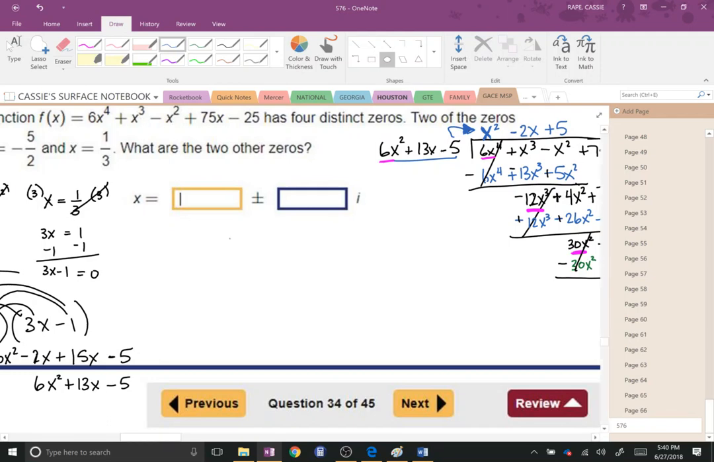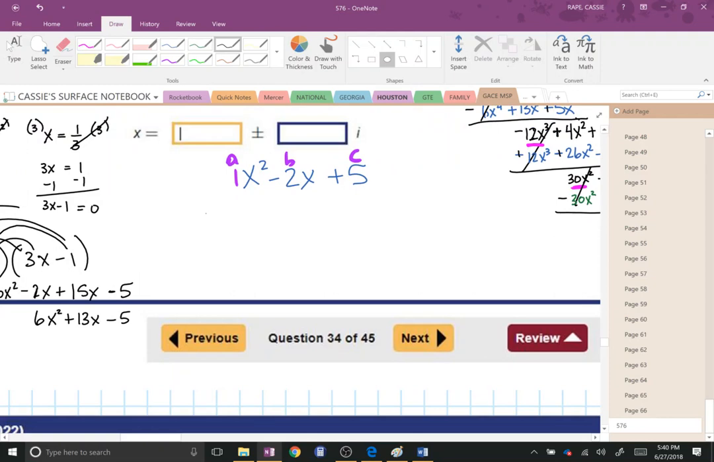So if you have f of x equals, well, don't write that. Let me just do this. X squared minus 2x plus 5. I'm going to have to use the quadratic formula. I know A is right here, is 1. B is negative 2, and C is 5. So the quadratic formula is negative B